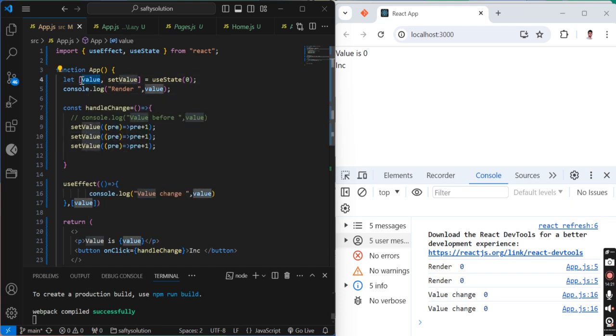This value has not changed, but internally it has. So it takes 1, 1 plus 1, 2. Again here 2, 2 plus 1, 3. This is how React updates states. That's all.